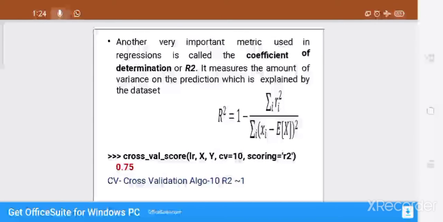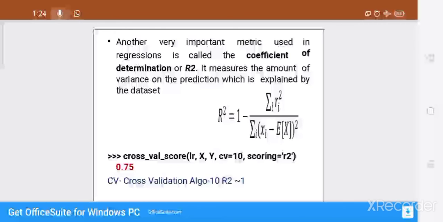One more very important metric used in regression is the coefficient of determination, which is considered as R2, and is used for measuring the amount of variance of the prediction.